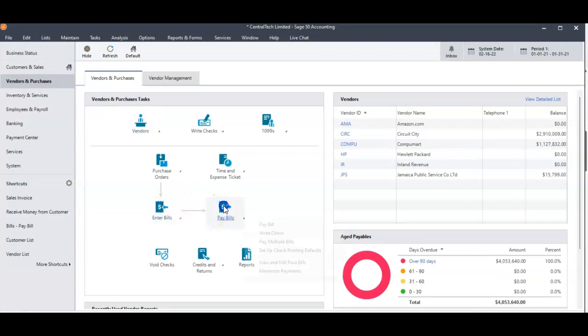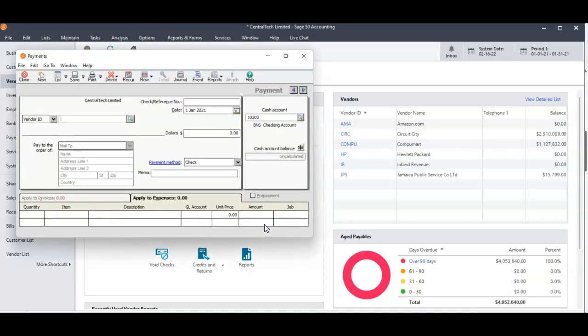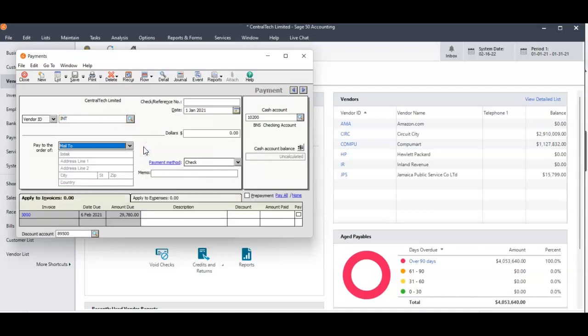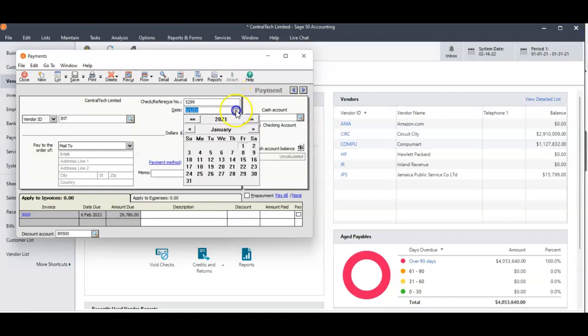Now we're going to pay Intel. So we go to Pay Bill. I'm going to type in Intel. And when I do that, the outstanding bill you have for Intel pops up in the gray area at the bottom. So what check are you using to pay Intel? Because I'm doing this ad hoc, I'm going to have to be using the next check in the sequence, 5299. Date is